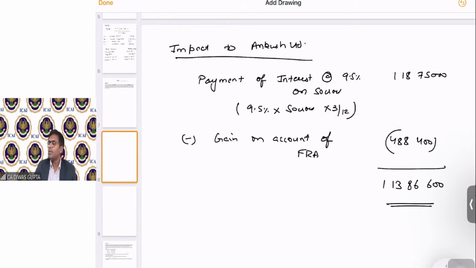So Kirti is saying, is it present value of gain after 6 months from now? Yes, Kirti, it is the present value after 6 months. So we have reached on that 6th month, and on that date we are doing this calculation, Kirti. Okay.